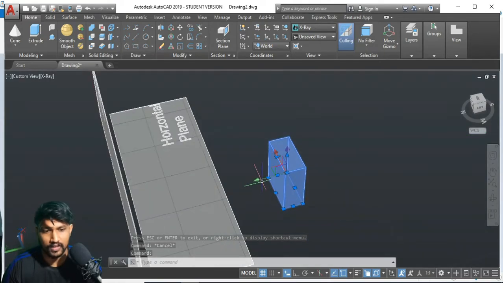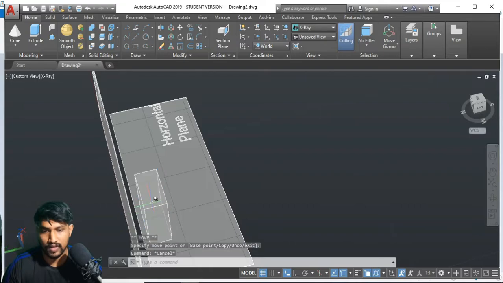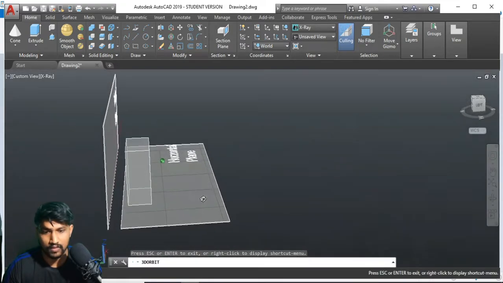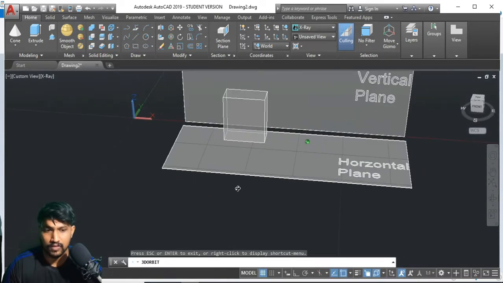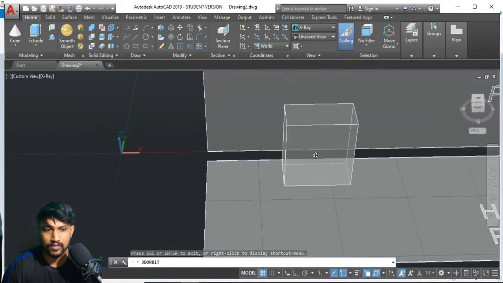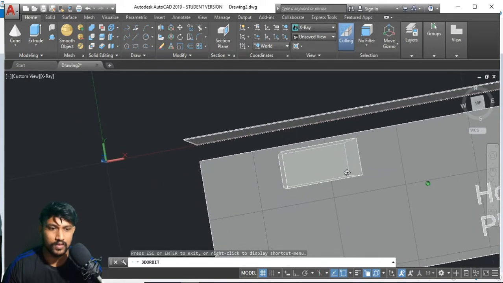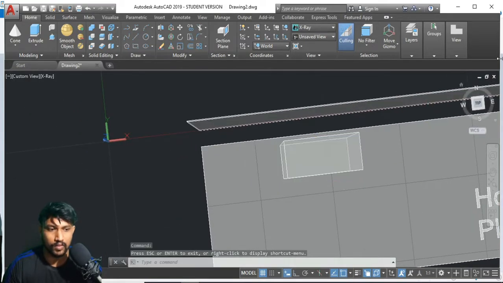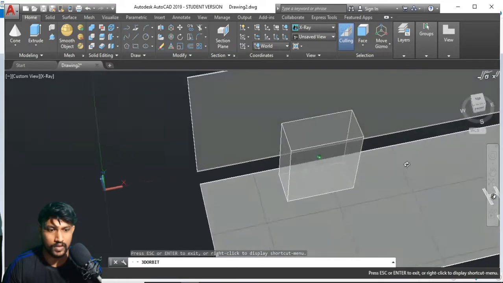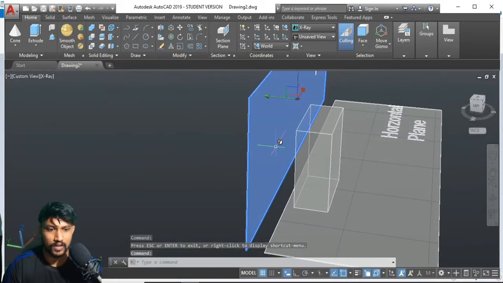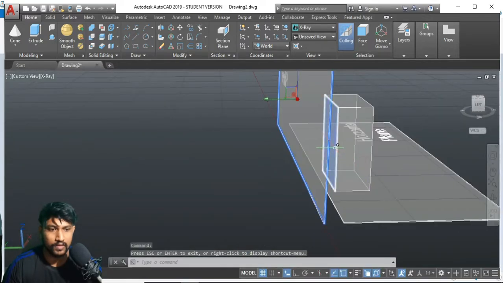I will take this one closer to the vertical plane. Let us watch it from the top. Let's go to face mode, select this vertical plane and this face.